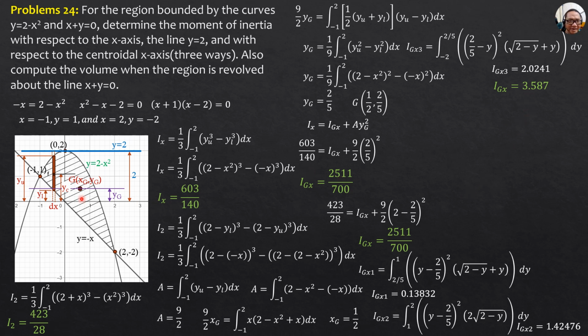Then finally, for the volume when this is revolved about this inclined axis here, we have here the strip. I'm going to draw the details for this. Since the height of the strip is upper y minus lower y, half of the height of the strip to locate the centroid is 1/2 of upper y minus lower y, as shown here. So this is half of upper y minus lower y, then divided by 2. This is the centroid here.